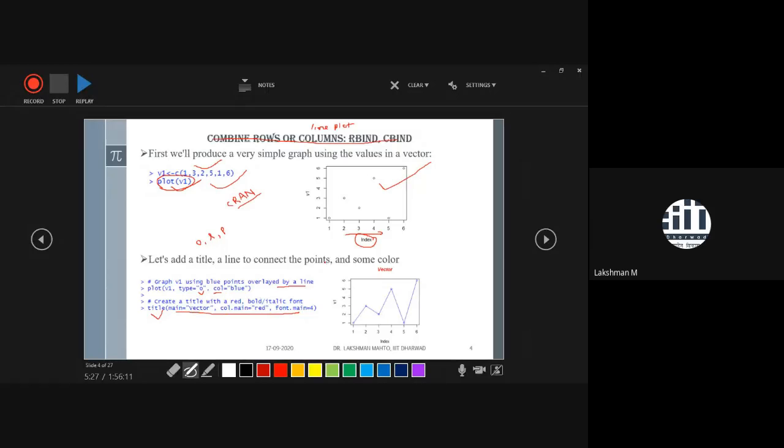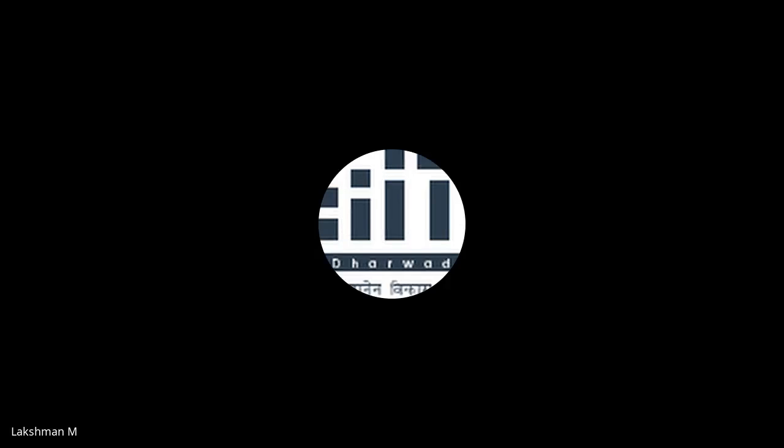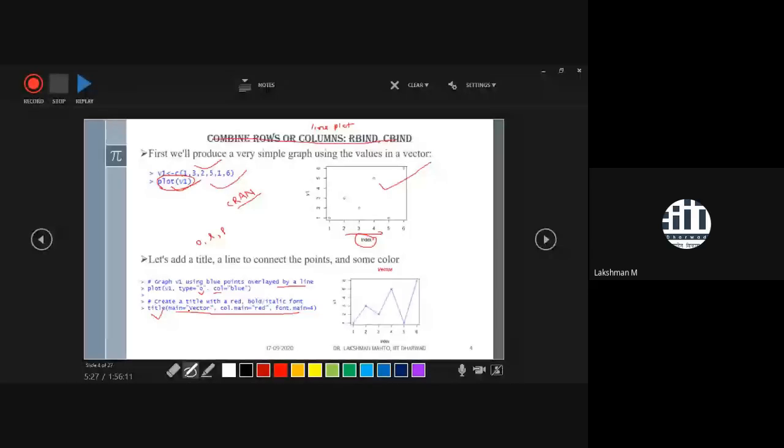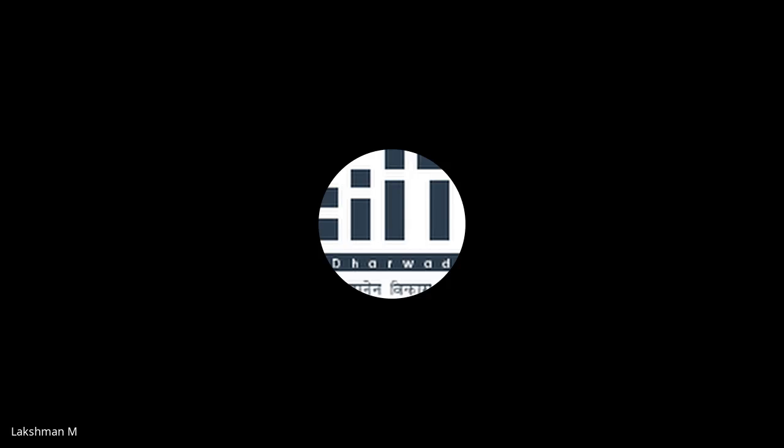Especially for that title, if you want to put some color, then you have to mention col.main. So the main title color goes there. And for the fonts, it is font, but what kind of font, italic or a different font will come. So the command talks about font, what font you have taken for plotting. This is a simple plot.